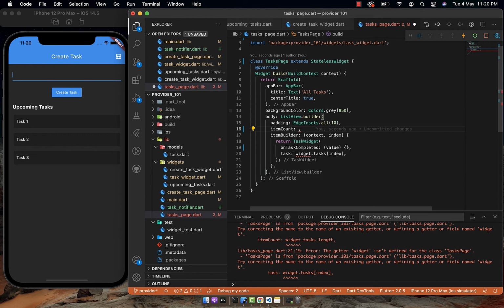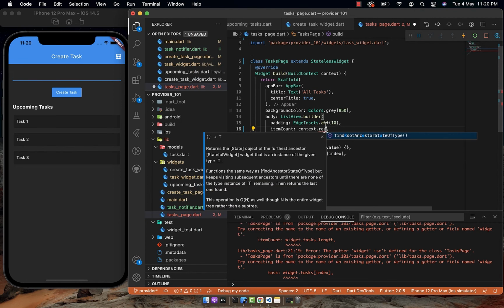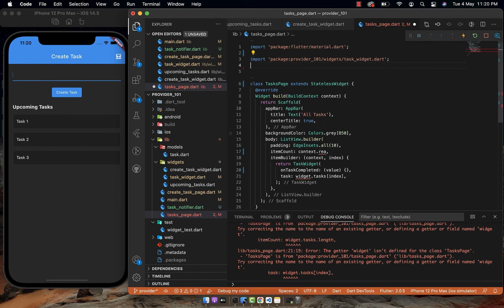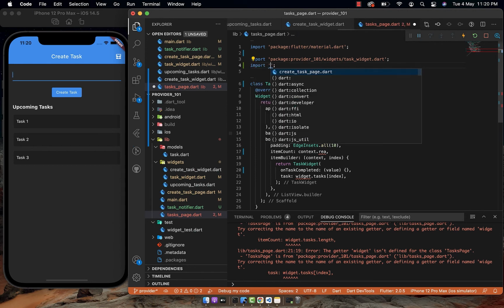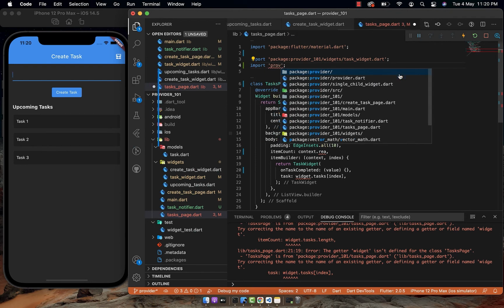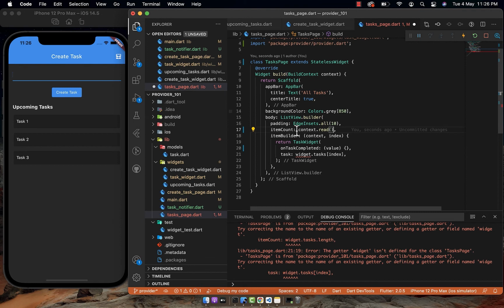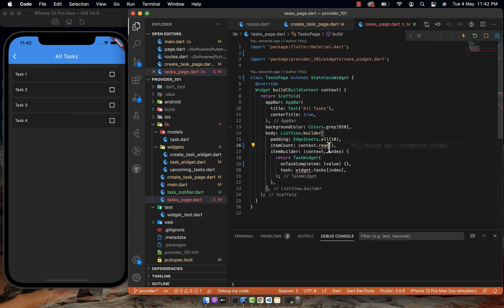To have that access, I will now use a shortcut which is context.read. So let's import provider here. Now this context.read is a syntactic sugar for Provider.of(context). Now inside this context.read, we also have to provide the type. So we will provide task notifier here.